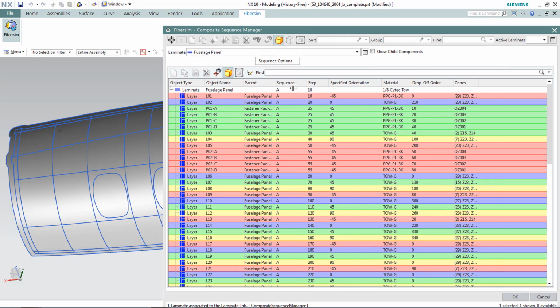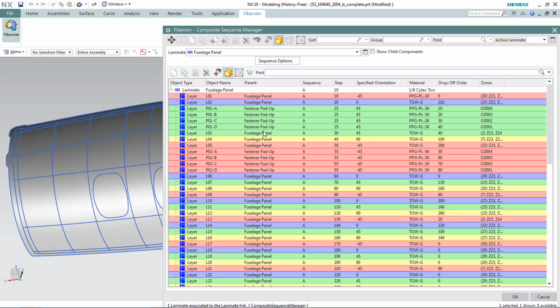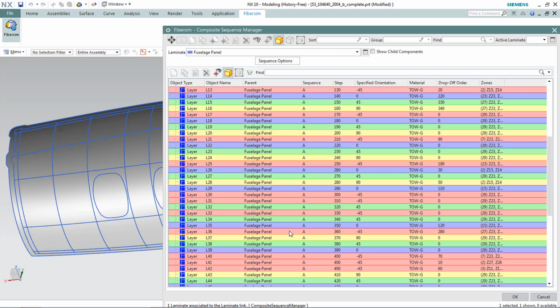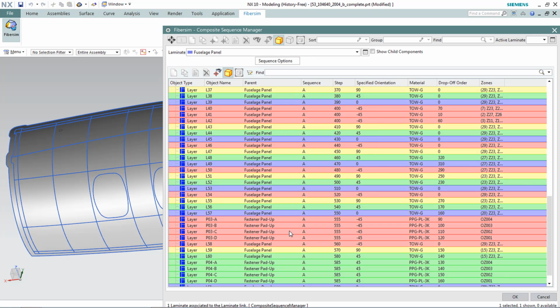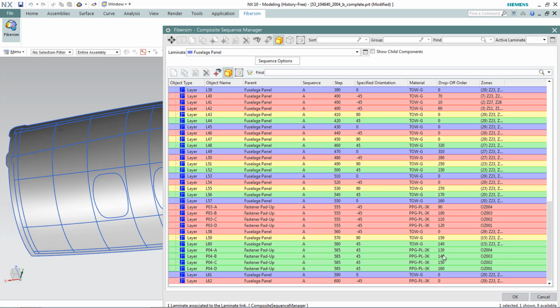This utility allows me to drag and drop specific plies and change the order of stack-up. So here I can just view the entire stack-up. If I like it, that's great. If I need to make changes, I can just grab a ply and drag and drop